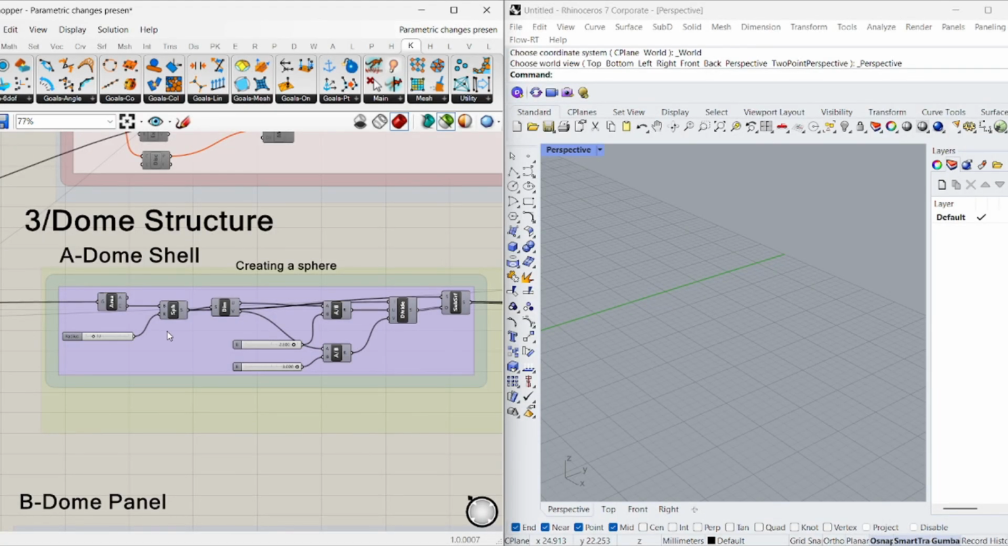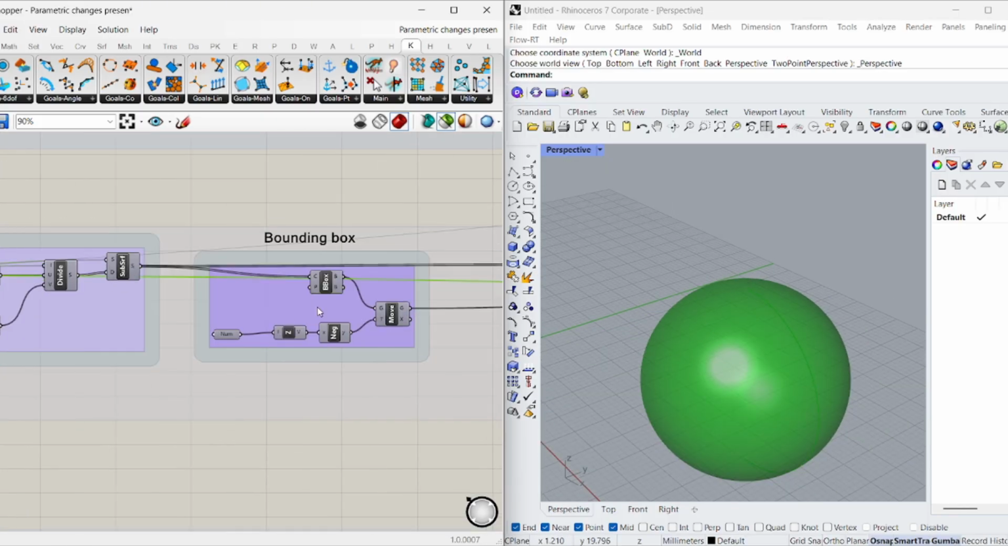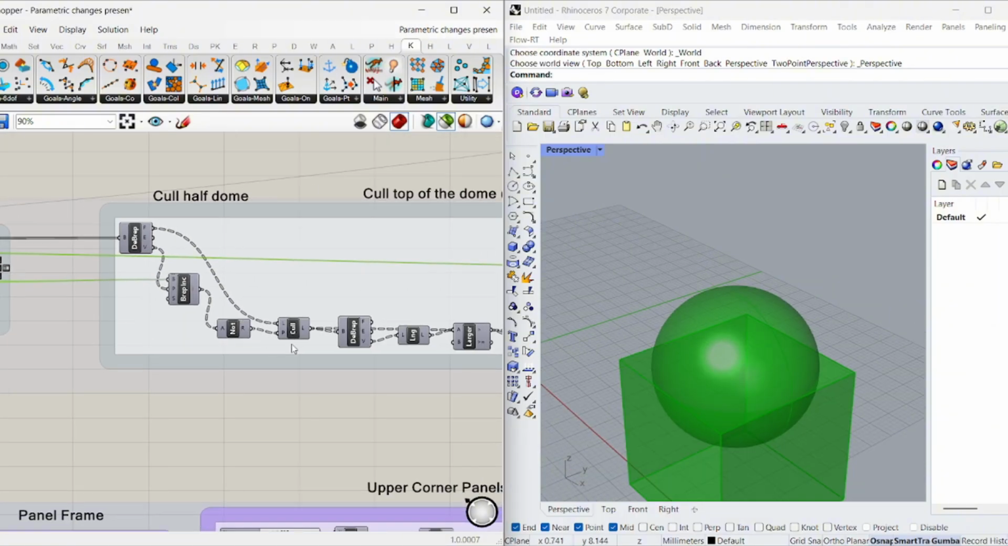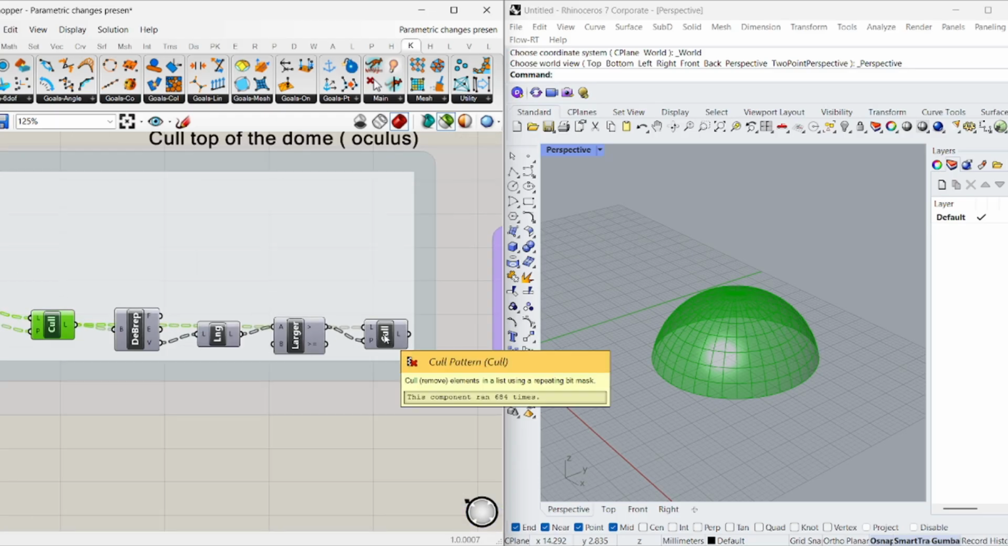Moving on to the dome structure, I start by having a sphere. And then I used bounding box around the bottom half. And then I used cull battery to remove the bottom half, as well as to remove the top portion and